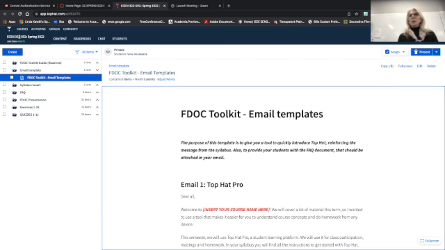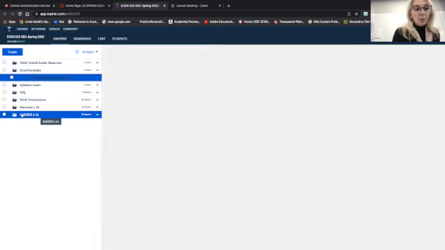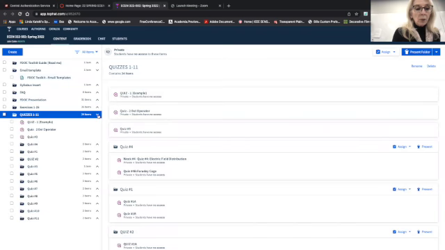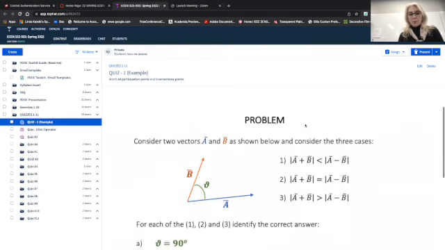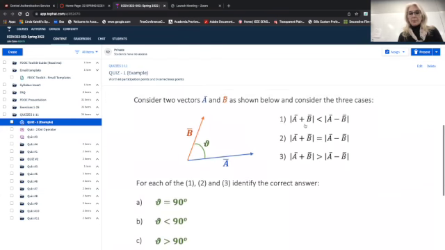I had one student, not too many, last time I taught the class, who for the whole class was solving the problems of the other section. I don't know how that was possible, but that's what I found at the end as I was trying to put grades together. In any case, make sure that doesn't happen because it creates a problem. What you're seeing, for example, is that we have quizzes, all right? I have developed quizzes for this class. So when I go to this quiz, that's what the problem looks like, all right?